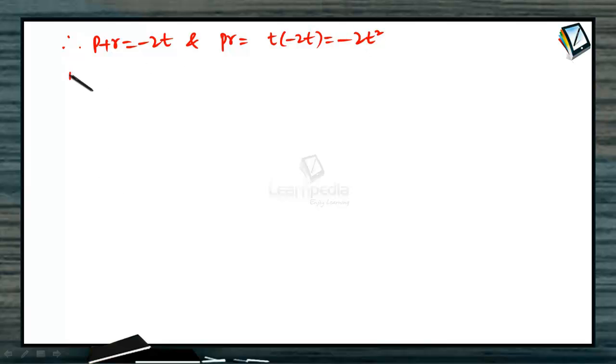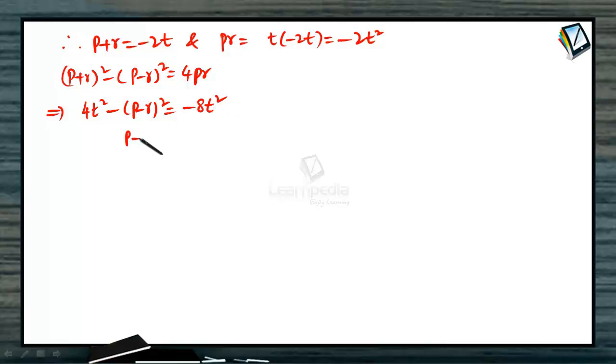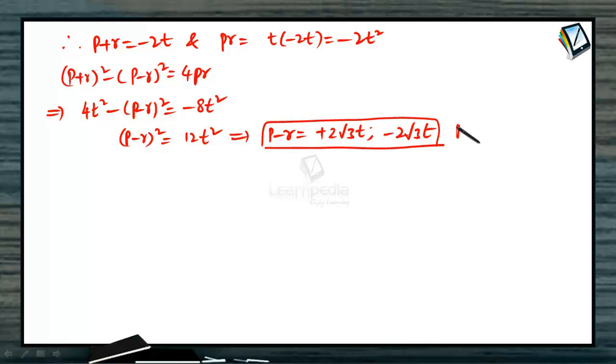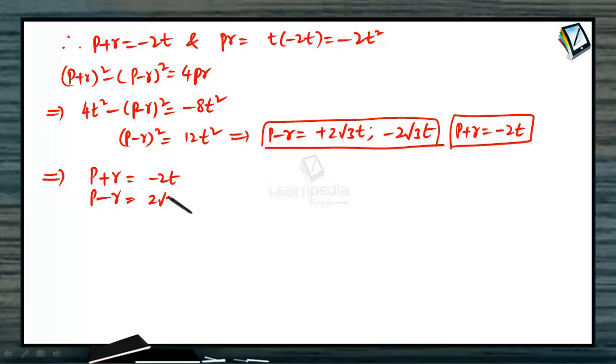So finally, p plus r square minus p minus r square is equal to 4pr, that is 4t square minus p minus r square is equal to minus 8t square. Therefore p minus r square is equal to 12t square. Thereby p minus r is plus or minus 2 root 3 t. We already have p plus r, that is minus 2t. Using them I can get p and r. P plus r is minus 2t. If I take p minus r as 2 root 3 t,